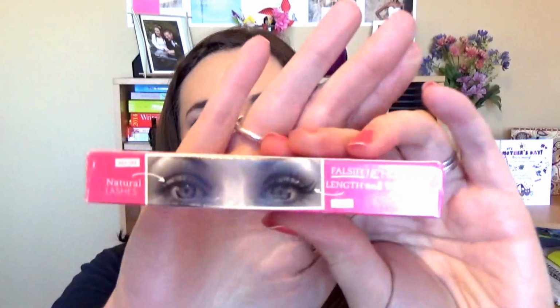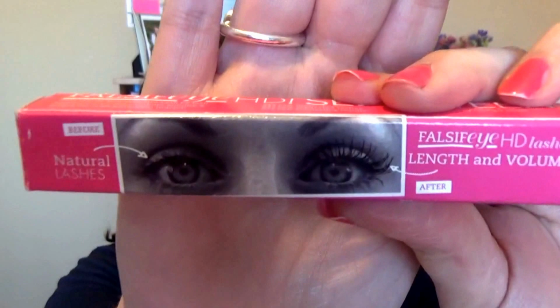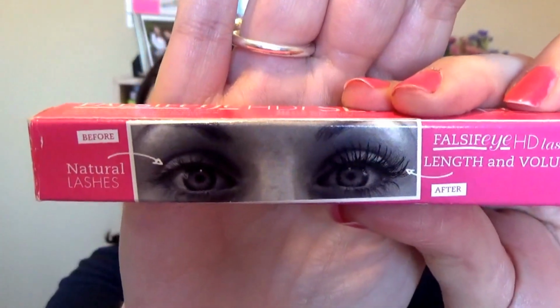So that's a foundation brush. Next thing I bought, should I say, is this here. Now this is the 17 Falsify HD mascara, and it was actually this wee picture on the front. I'll show you again there. Don't know if you can actually see that, but it was that wee picture there that was the selling